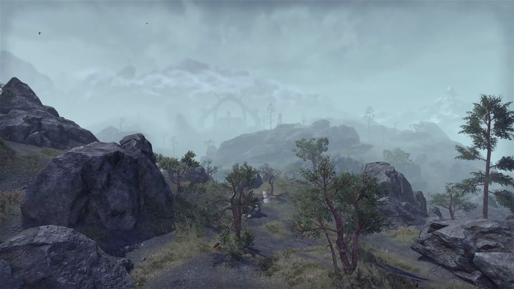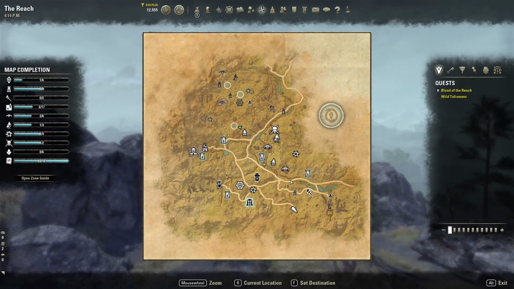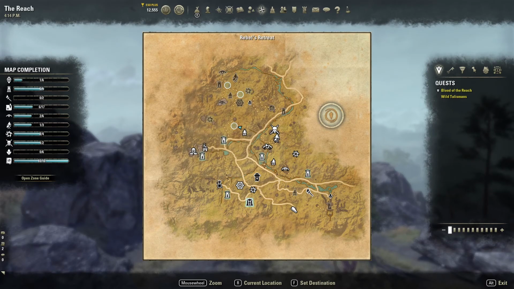Hello, Purple Rose here, and I'm continuing on in the Reach with the main quest. So, after doing a blood pact with Arana and the rebels, which is here at Rebels Retreat, she is going to help us find out where this Arkthzand Keystone is, and we have 3 locations to check from the map